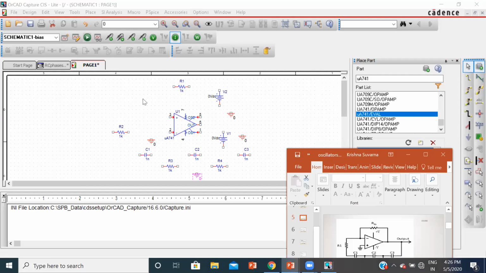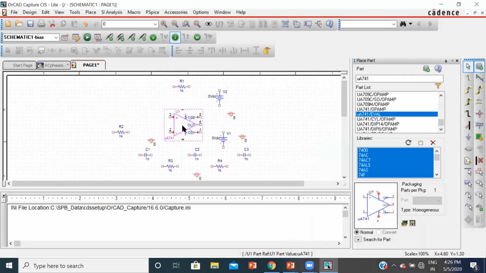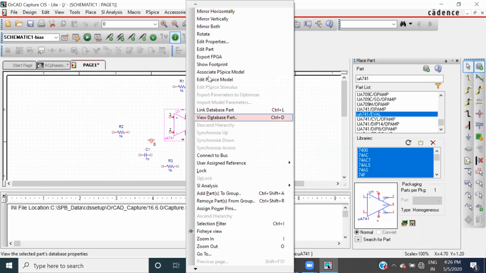Now you do the connection. Before doing the connection, what you can do is mirror this op-amp horizontally, because here I want the non-inverting terminal. It is an inverting amplifier, so at the second pin I'm going to give the input. Right click on this op-amp. You have an option called mirror horizontally. Click on that.